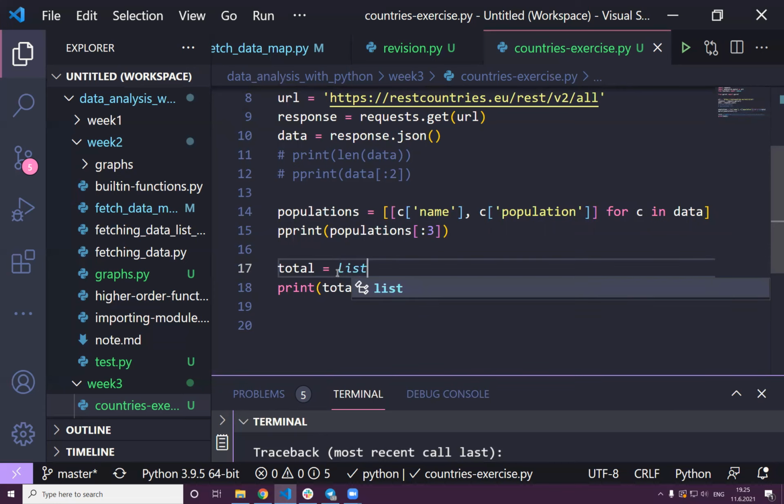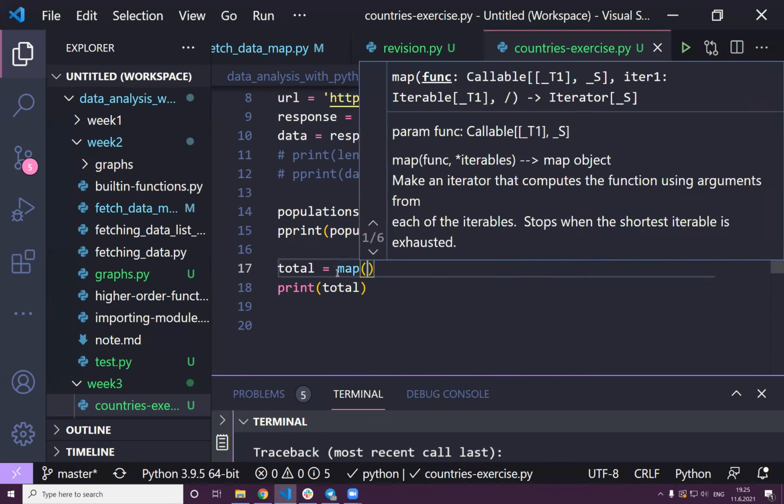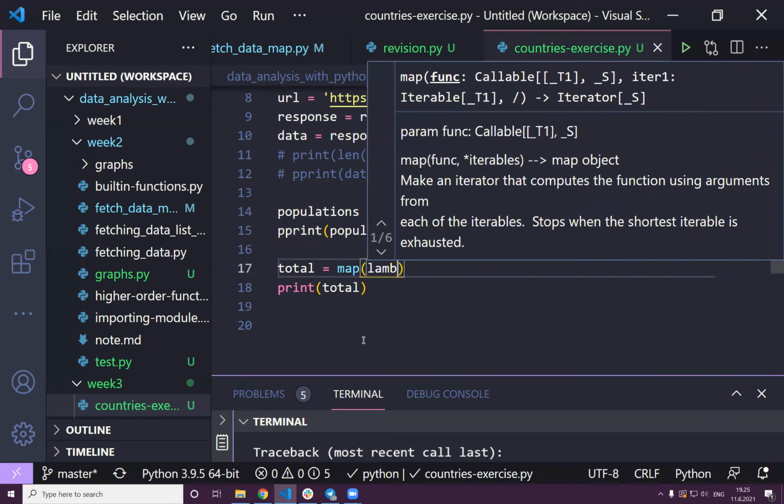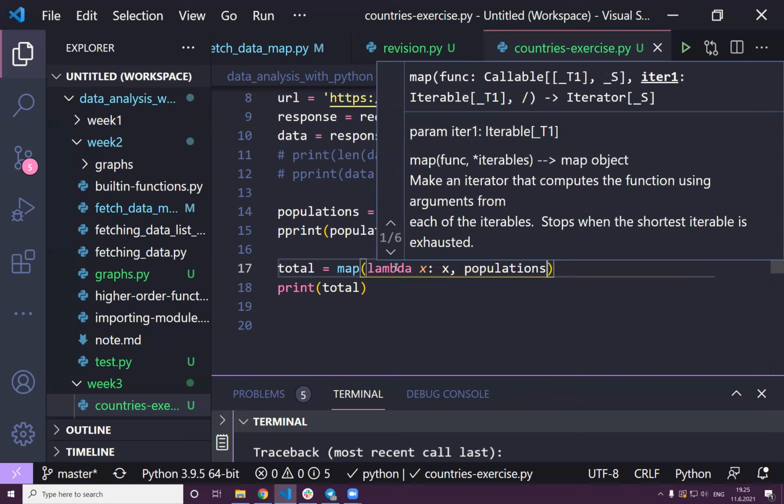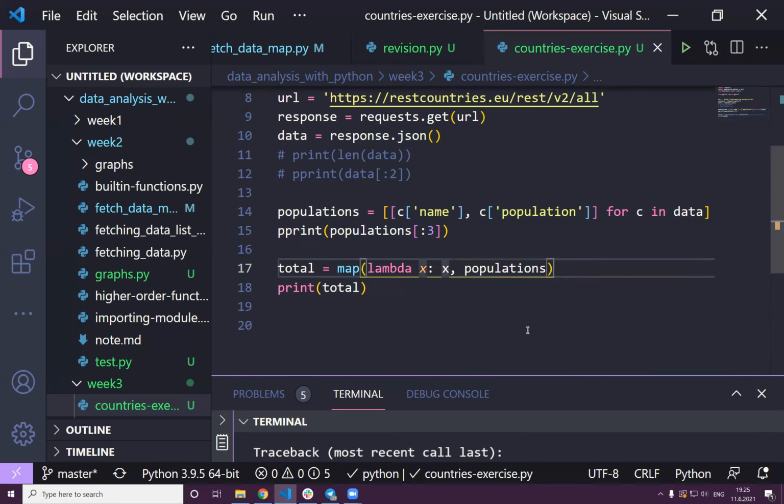But now list or just map. You can say lambda, so easy, lambda x, and then x, then the population, right? Then instead, I'm interested in the population here. Population. Yes, so that means now I'm changing this to just numbers, but still this needs one extra step. And then what you should do,